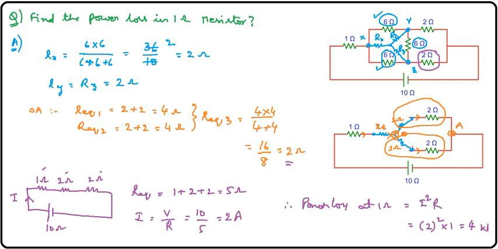Then how can you find out? You should be in a position to identify the current passing through this part. If this question has been asked, then you need to identify this current. So how to find this current? Once you have found this total current I, then by using the current division principle, you can easily find this current. So wherever power loss is asked, your mind should go towards current only. You need to find the current there so that it will be very easy for you to get the power loss at that element, that is I square R. Once you get the I, you can easily find out the power loss.